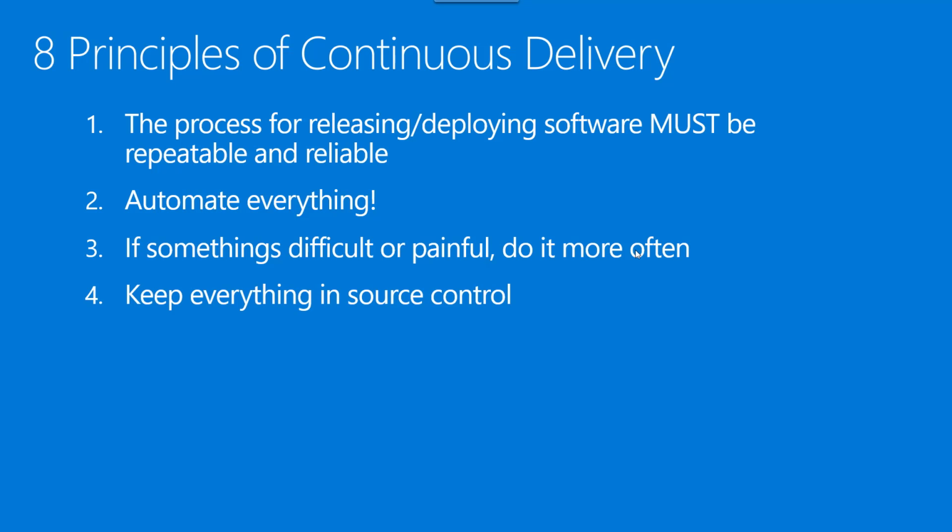Keep everything in source control. This is very important. Source control is not for our application source code only, it's for everything. But again, I have a concern about everything, as I explained before. In many cases, we found people put files under source control which do not belong there. For example, you don't put the binary under source control. You don't put the minified file under source control. Any file that is processed by a tool and produced by automation is not under source control. We only keep under source control the files that we edit.